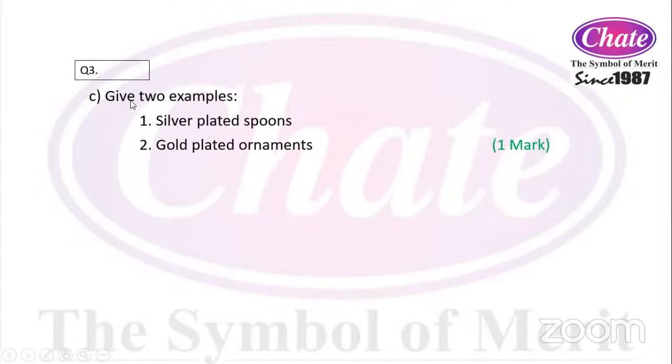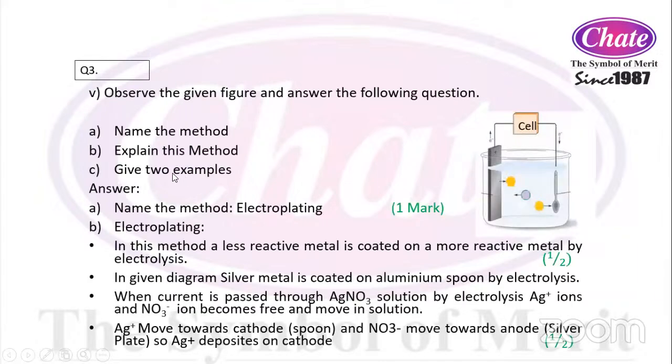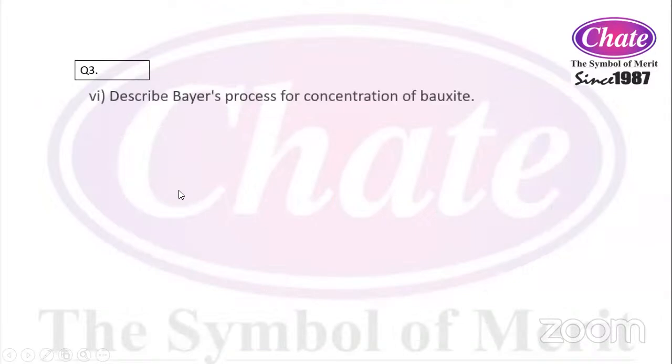Now the next question, give 2 examples. So silver plated spool and the gold plated ornaments. These are the 2 examples which can be obtained using the electroplating of the substance. Okay, so next question, 6th question है, describe Bayer's process for concentration of bauxite।